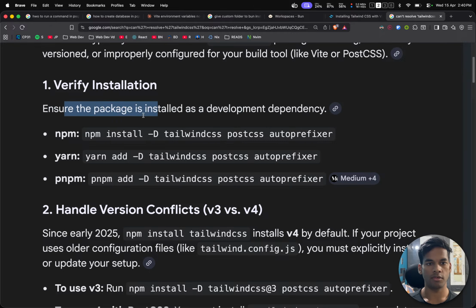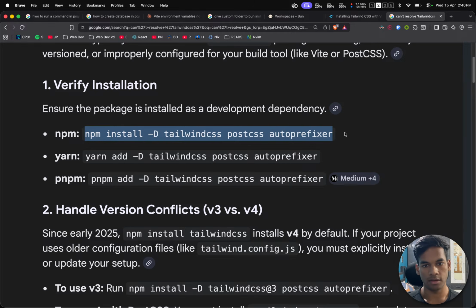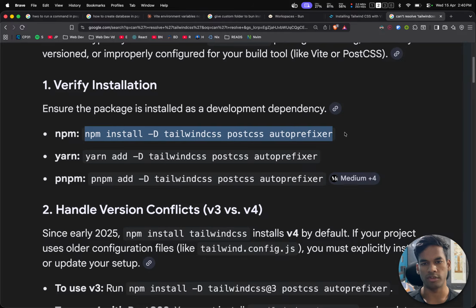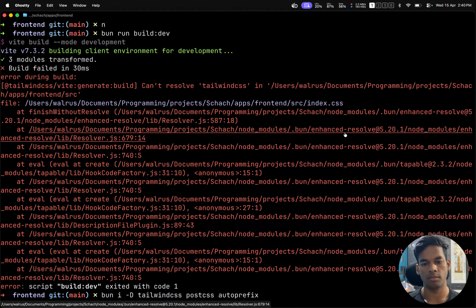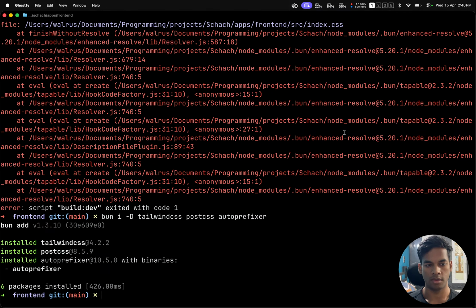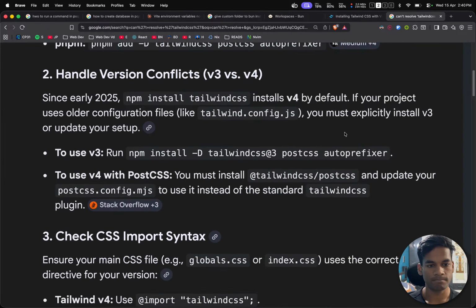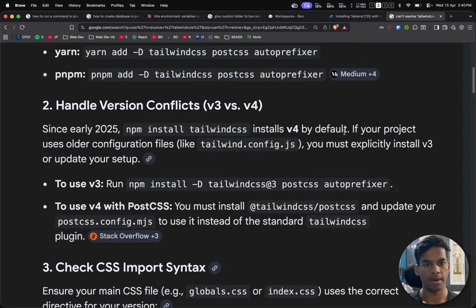Ensure the package is installed as a dev dependency. Autofixer. The package is installed. Install tailwind CSS and postcss and autoprefixer. Okay, they are installed, and run build dev, and install tailwind